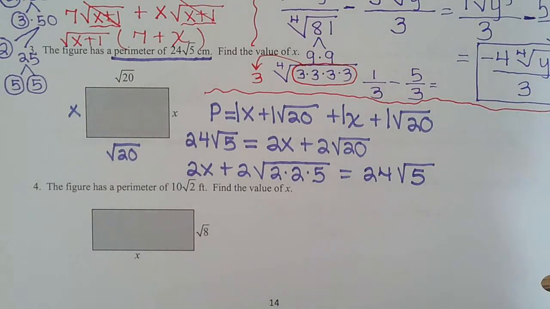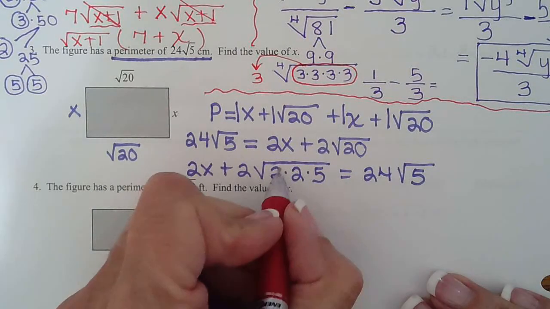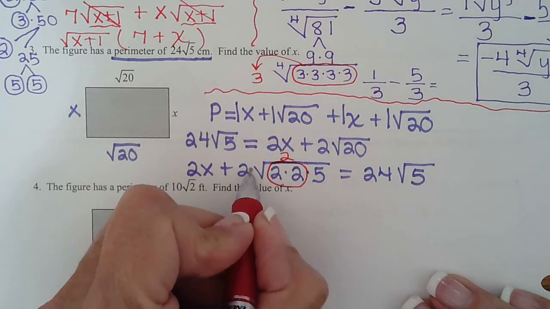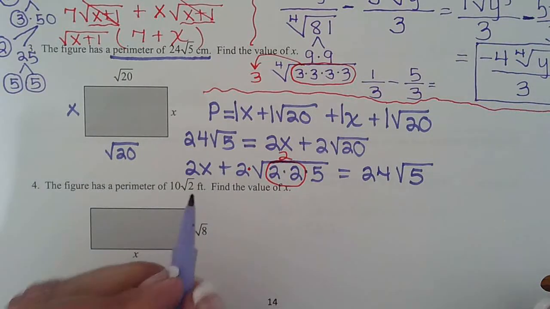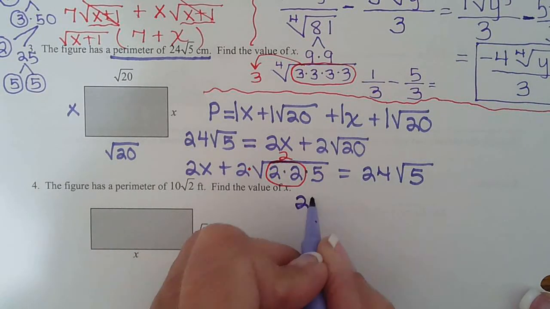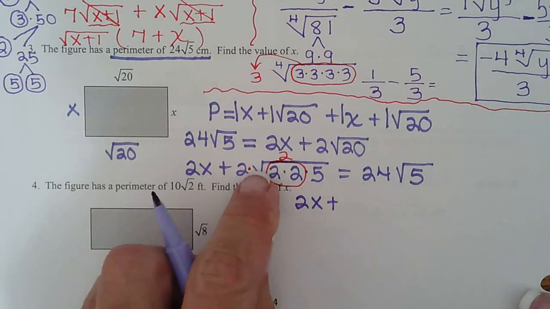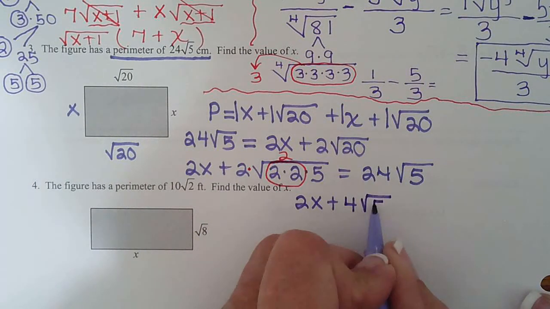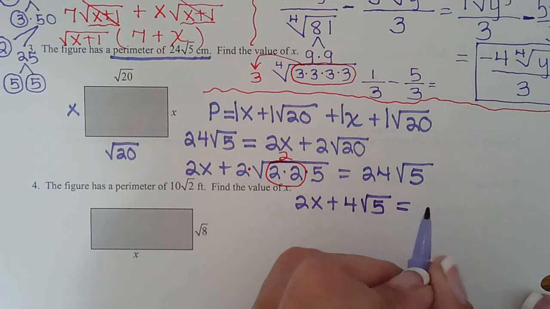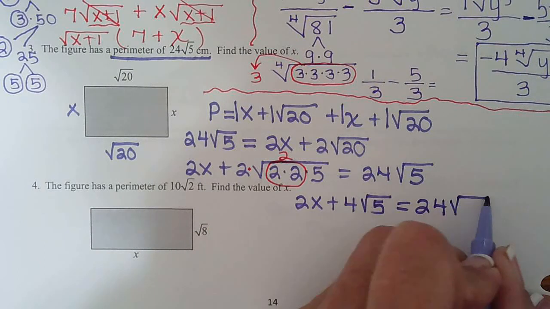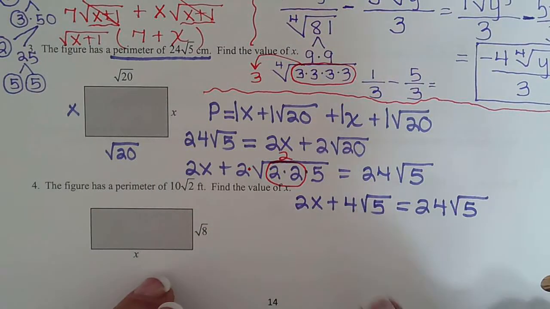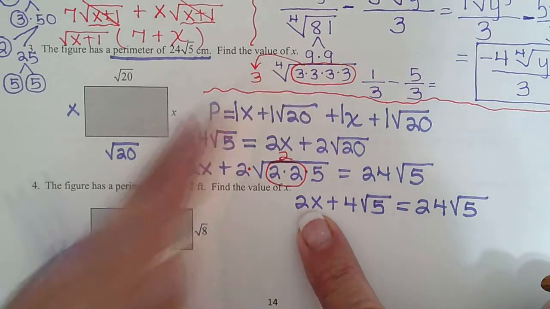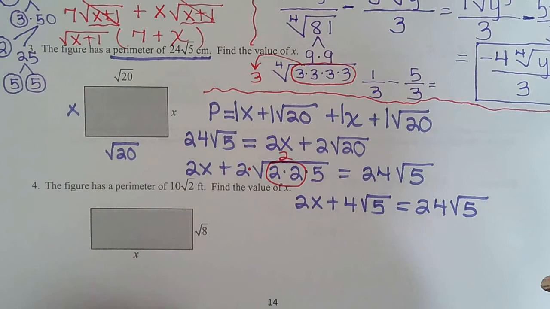Okay, now we can simplify that radical, and that turns into 2. And remember, this is 2 times. So this is going to turn into 2x plus 2 times 2, which is 4 radical 5, equals 24 radical 5. Okay, now it's starting to look a little better. So I need to solve for x. See what the directions say? Find the value of x. So I need to solve for x,